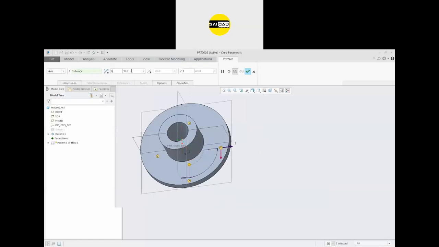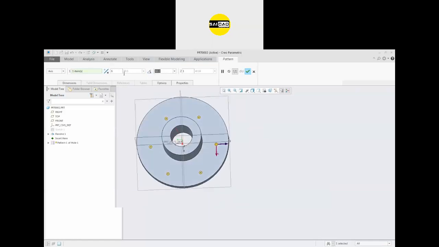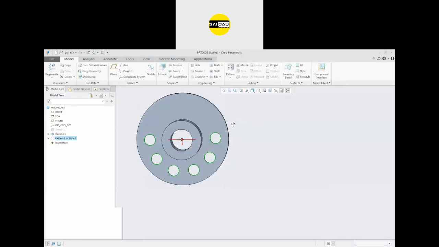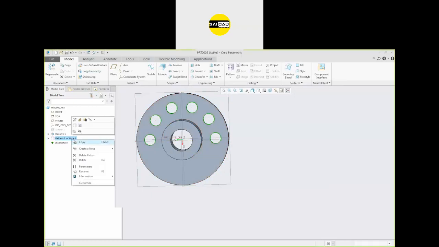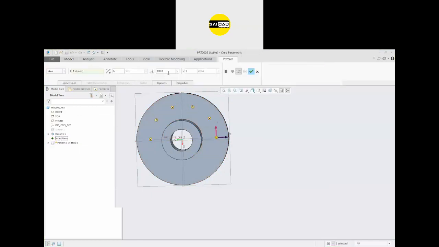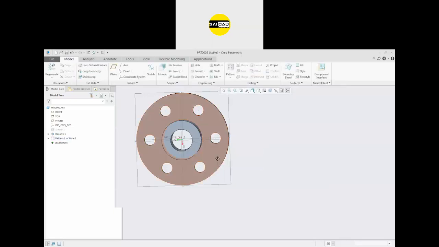You can change that. Just click here on this button and the angle will be divided equally from 360, or if you want to divide them some other angle, I want them to be divided from 180. If OK, you will see they will be at 10 equal. If you want to flip the direction, they will be on the upper side, and if you want to divide them from 360, they will be created like this.